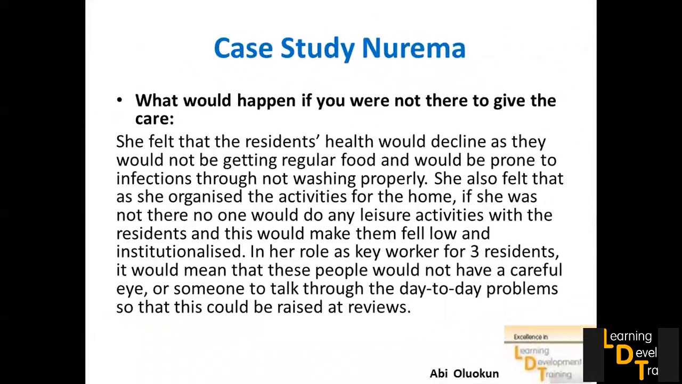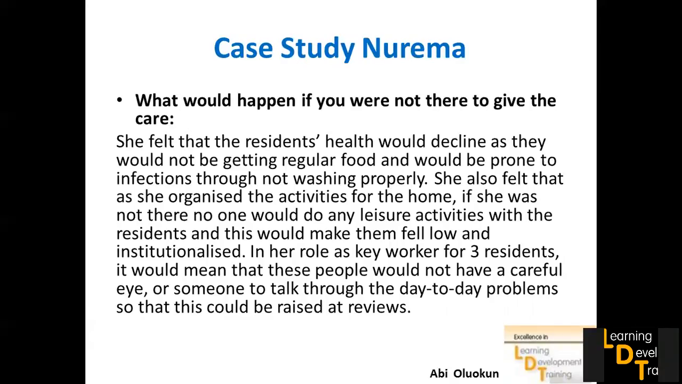Other aspects that you would need to ask yourself, that Numera did ask herself, is what would happen if she were not there to give the care. So Numera felt that the residents' health would decline as they would not be getting regular food and would be prone to infections through not washing properly. She also felt that as she organized the activities for the home, if she was not there, no one would do any leisure activities with the residents, and this would make them feel low, with very poor self-esteem, and it would look